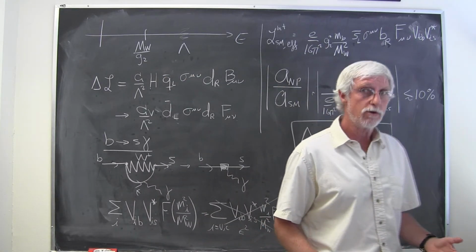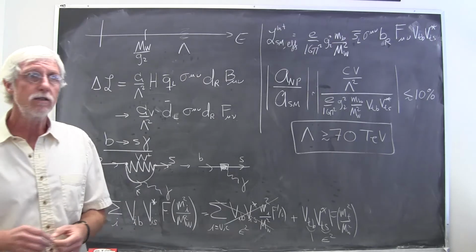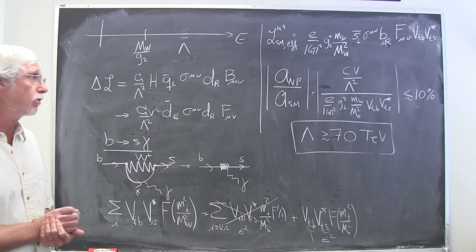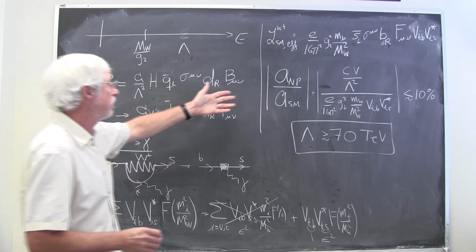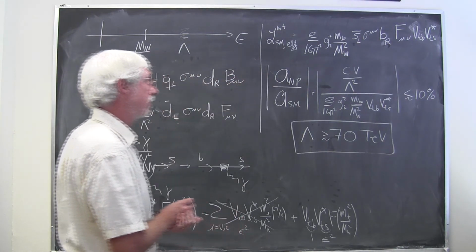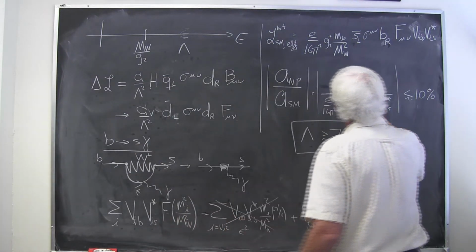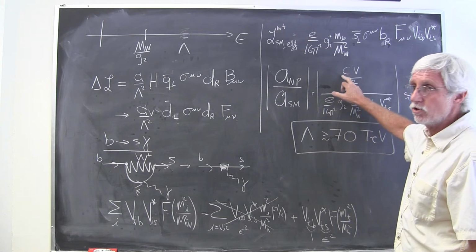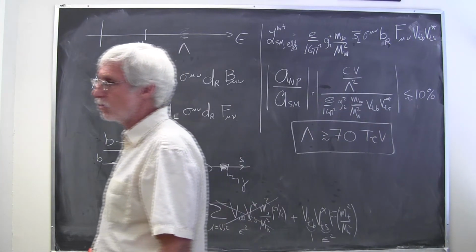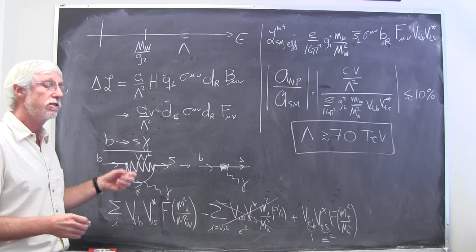So that shows you the power of this effective field theory technique. And I want to tell you a little bit more as to what we can do to allow new physics to appear naturally in the 1 TeV range without facing this stringent constraint. And the idea is very simple. If I make lambda much smaller than 70 TeV, I can compensate by making this coefficient smaller. But now I need some reason for the coefficient to be small, particularly in these processes which involve flavor changes,